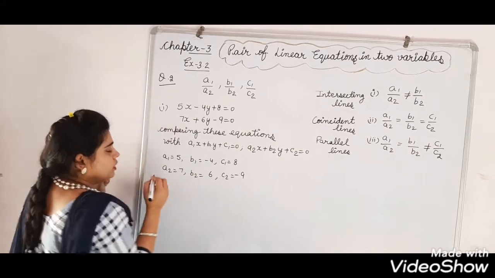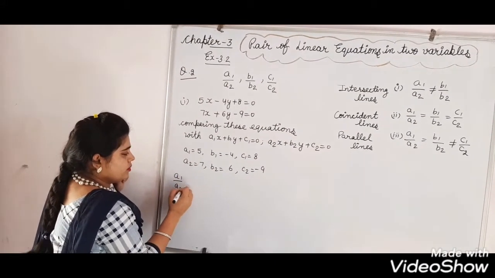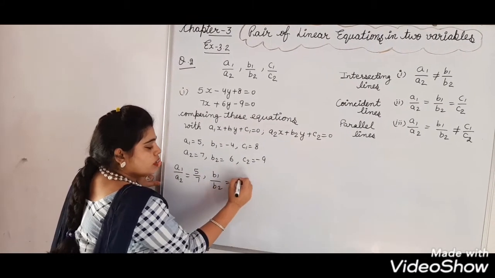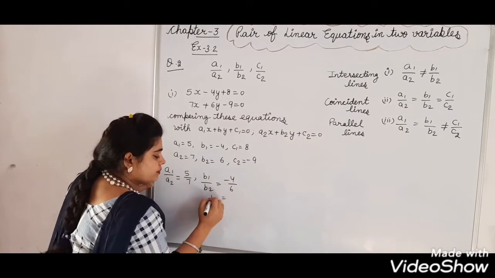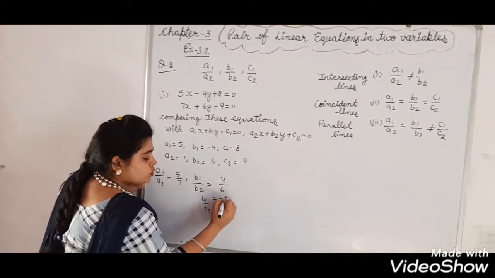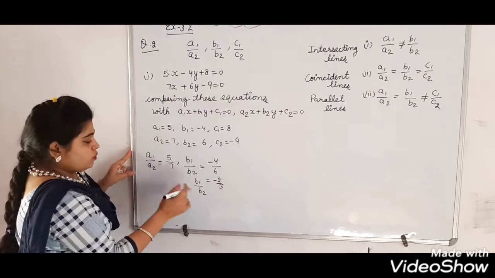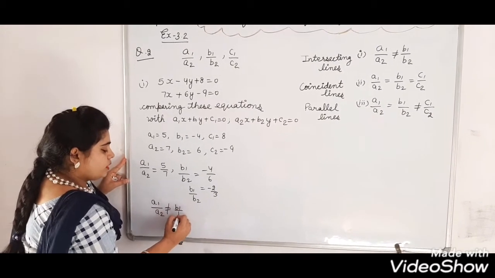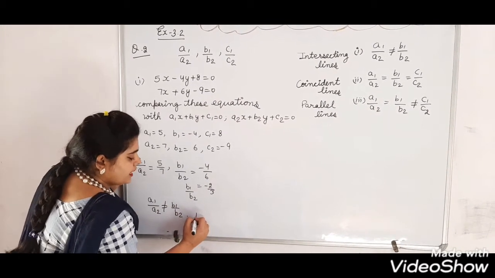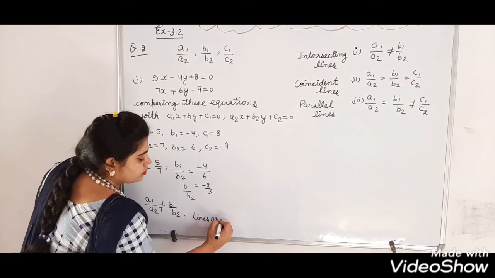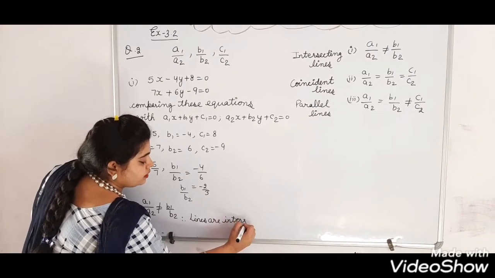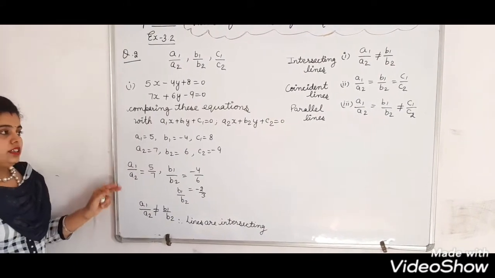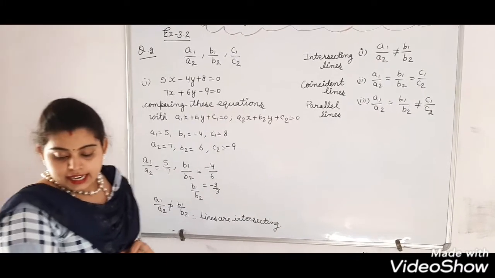equal to minus 9. On comparing these ratios, a1 by a2 is equal to 5 by 7, b1 by b2 is equal to minus 4 by 6, means minus 2 by 3. As it has proved from this part only, a1 by a2 not equal to b1 by b2, so lines intersect. Like this, we have to do all its parts. In second part,